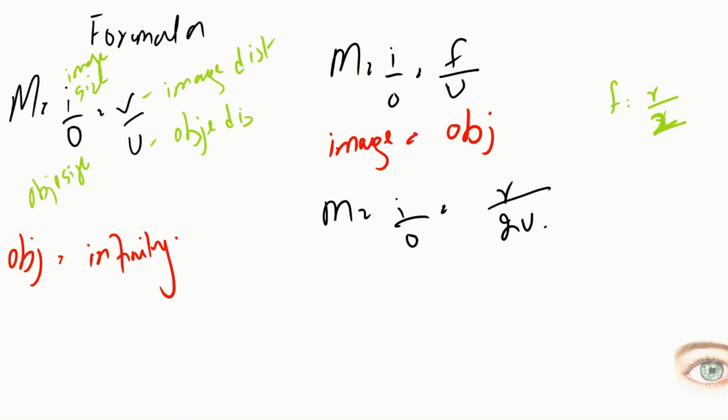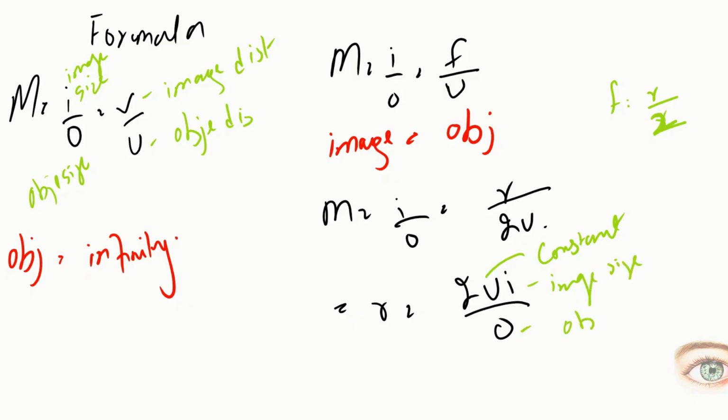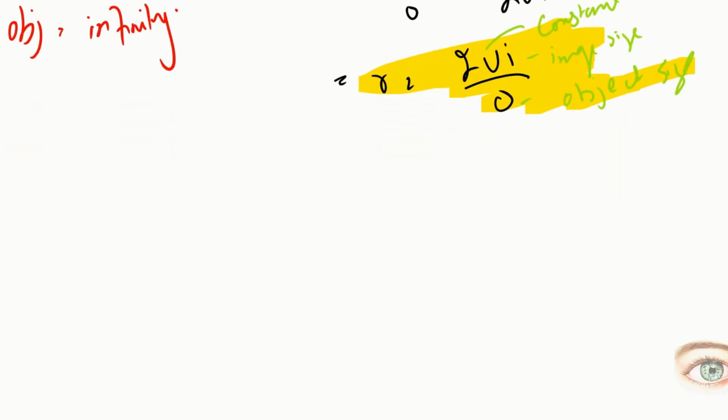Now, because we want the radius, it is going to be r = 2uI/O, where u is constant for every device, I is the image size, and O is the object size, right? So this is how we are going to calculate the radius of the cornea. And from this formula, after finding out the radius, we can also find out the power of the cornea,